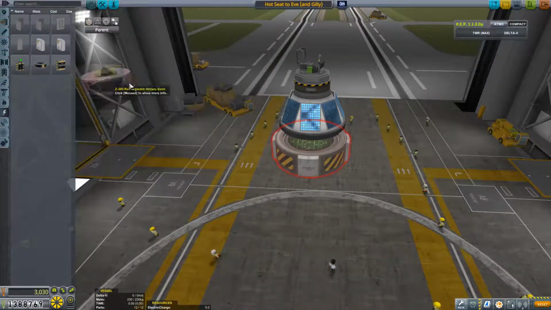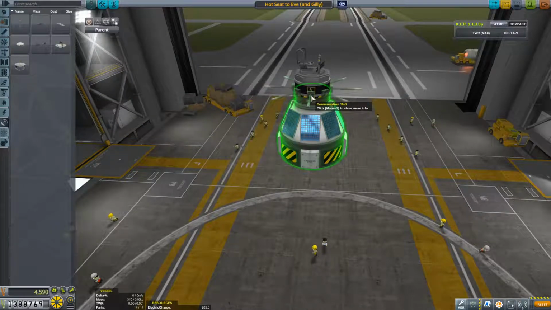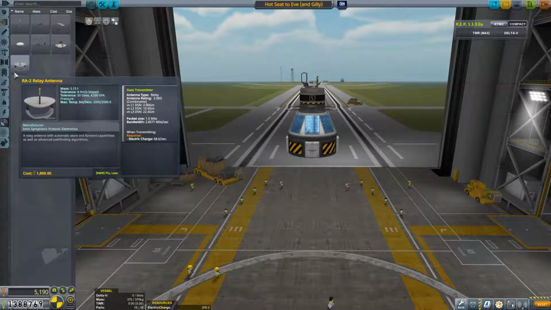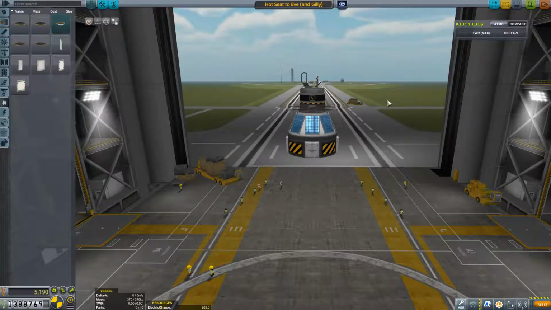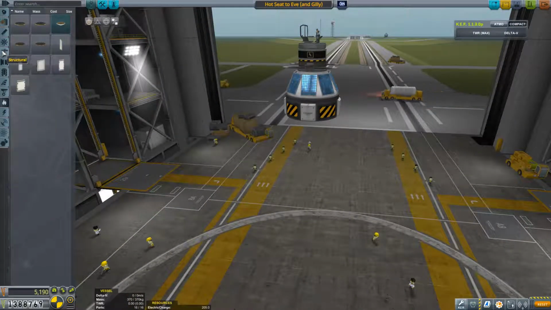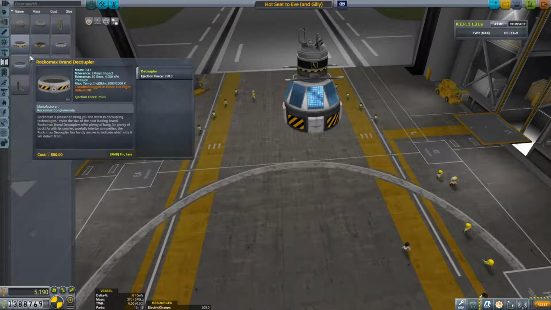Also, now the thing is, we need to test this thing anyway, so that's nice. I'm going to totally use that, but not right now. I'm going to put... Oh yeah, once that comes back, that also needs a heat shield and some parachutes. So...